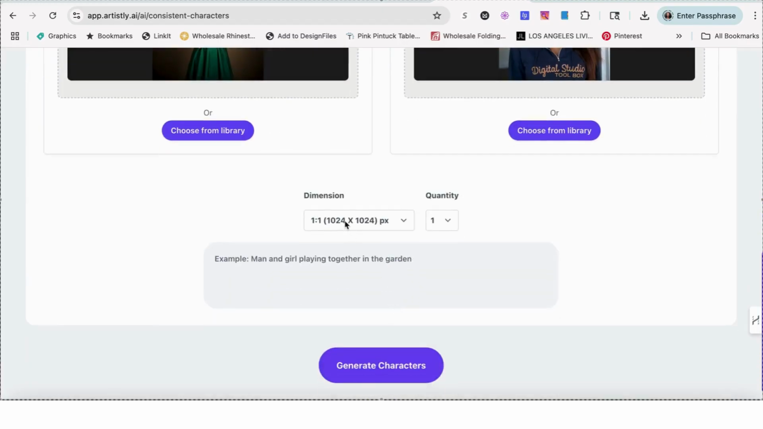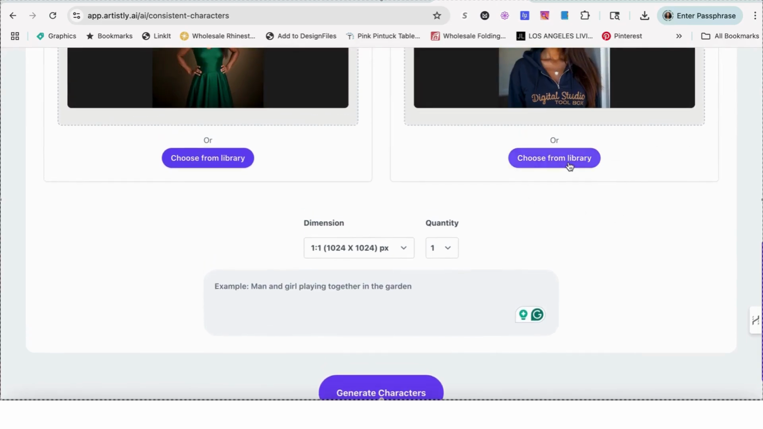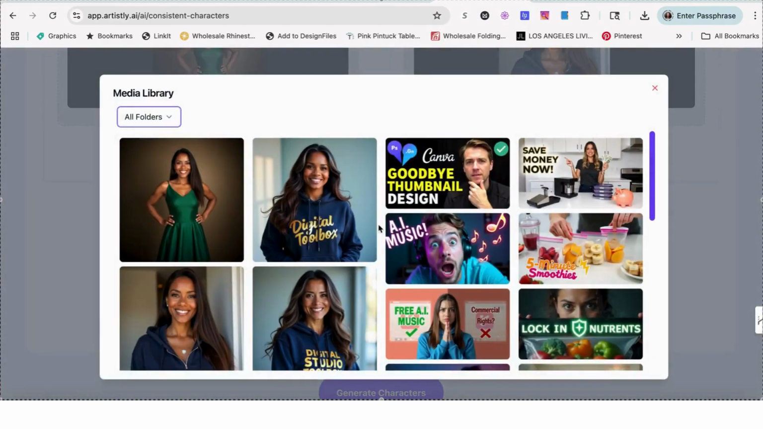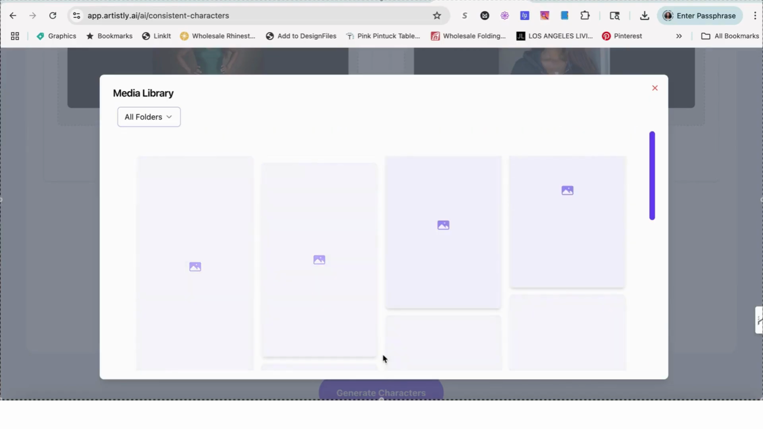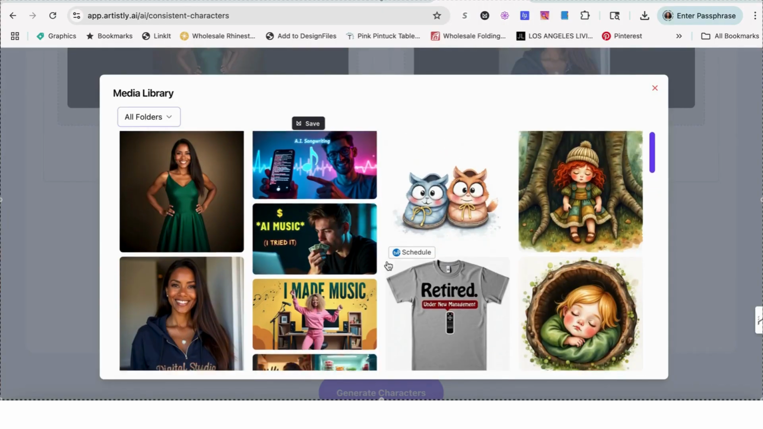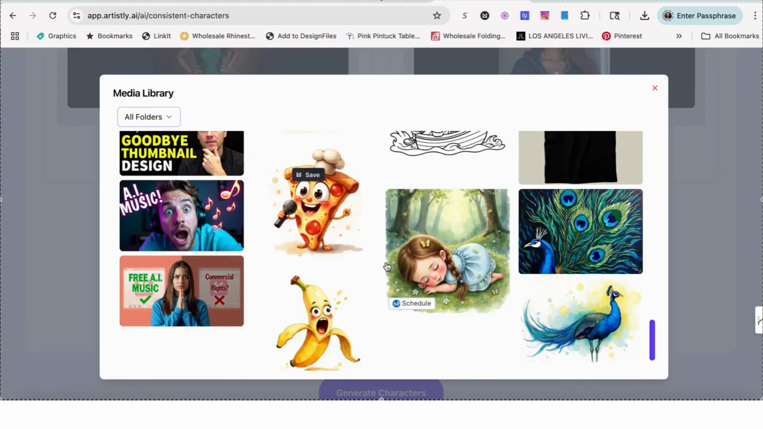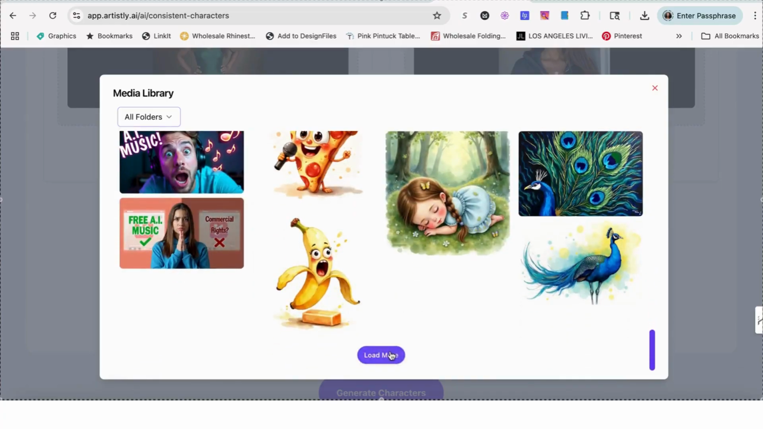So now we're going to keep this aspect ratio at 1 to 1, and we're going to put on here lady, let's see, they had an example of man and girl playing together in the garden. You know what? Let's do something different. Let me choose another picture from the library just so that we can have something different. I don't think, guys, that I have any solid images. I might have to change that first image. So let's just see, okay? We are going to see, load more,